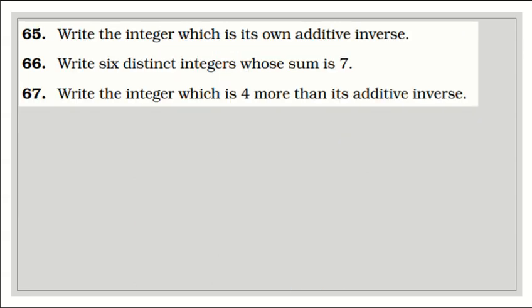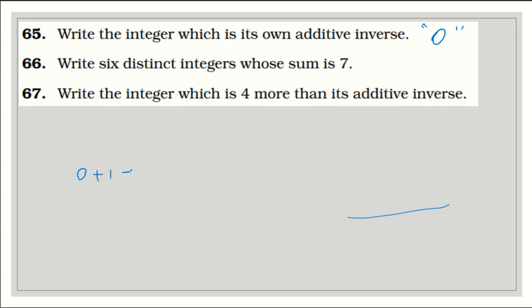Then coming to question number 65, write the integer which is its own additive inverse. You know, 0 is the one which acts as the additive inverse of itself. Write 6 distinct integers whose sum is 7. Just like the earlier question, we can write many possibilities. Choice is ours. We can write 0